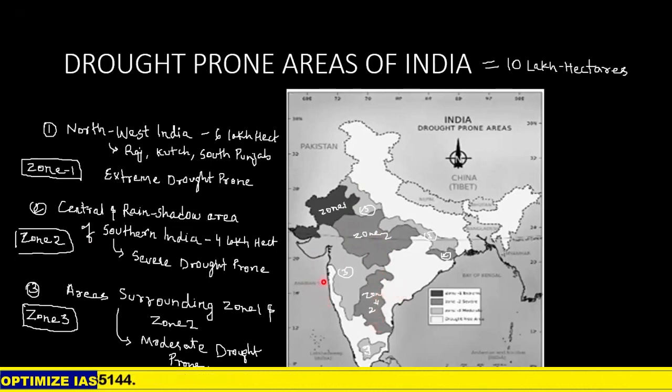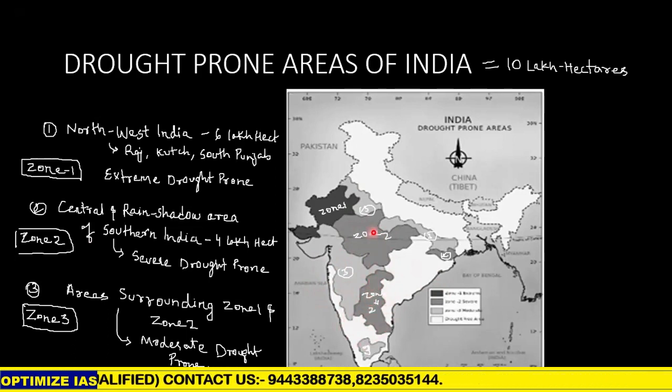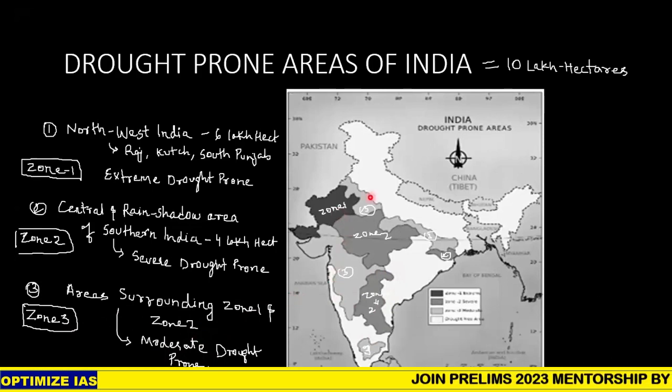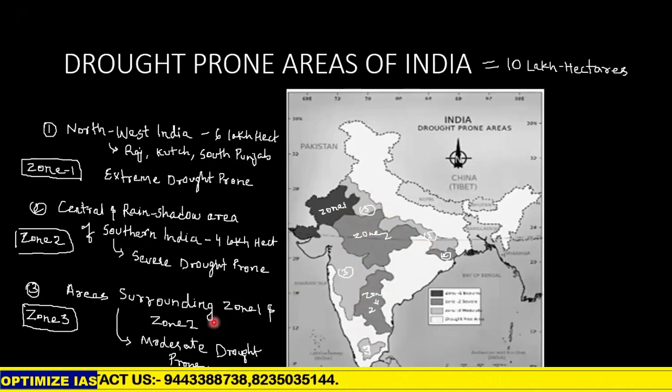The water in India enters either from the east coast or from the west coast. When it tries to enter into central India, because of the continental effect, the amount of rain gets reduced. Even these areas are surrounded by mountains, so they become part of rain shadow areas too. So severe drought takes place in central India as well as in peninsular rain shadow India. Zone 3 has moderate drought conditions, and it is covering what? Zone 1 and zone 2. So zone 3, moderate drought prone, surrounds both zone 1 and zone 2.